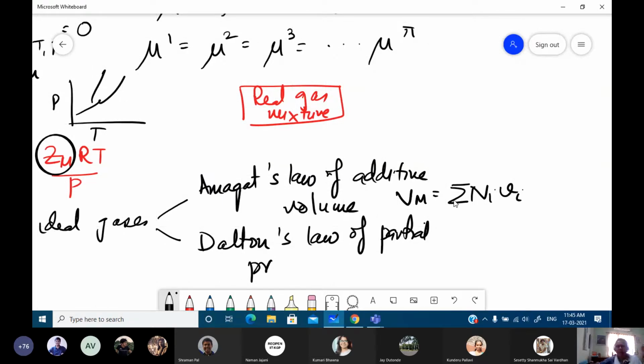So what it implies basically is that when different ideal gases mix together, they mix without any change in volume. In other words, the behavior of the gases in the pure state and the behavior when mixed are completely identical. That is quite expected, because for ideal gases we assume that the volume of the molecules is negligible compared to the volume of the entire gas, and the interactions between the molecules are also neglected.